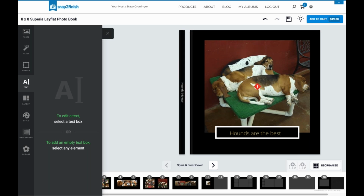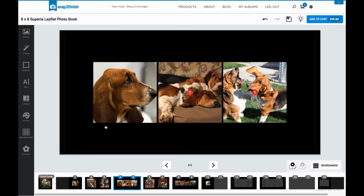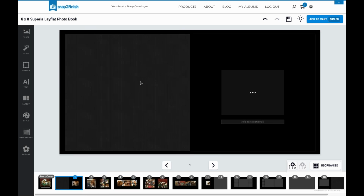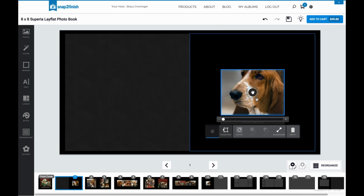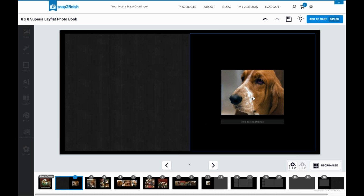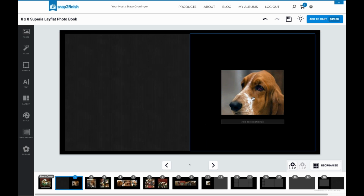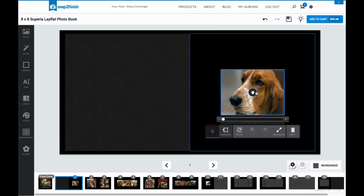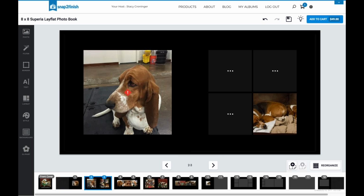All right, if I want to actually look at my page layouts, I'm going to close this little sidebar down a little bit. This is showing me my two-page spread. So here's the inside cover. Here's the first page. I can add text if I want. If I want to move this so that Gracie's head is a little bit more obvious, I can slide this down like that. Now, it won't let me slide left and right because it's as wide as the photo will go. So I can move this up or down. If it's a wide photo, then I can go left and right. Okay, if I come over here to this one,